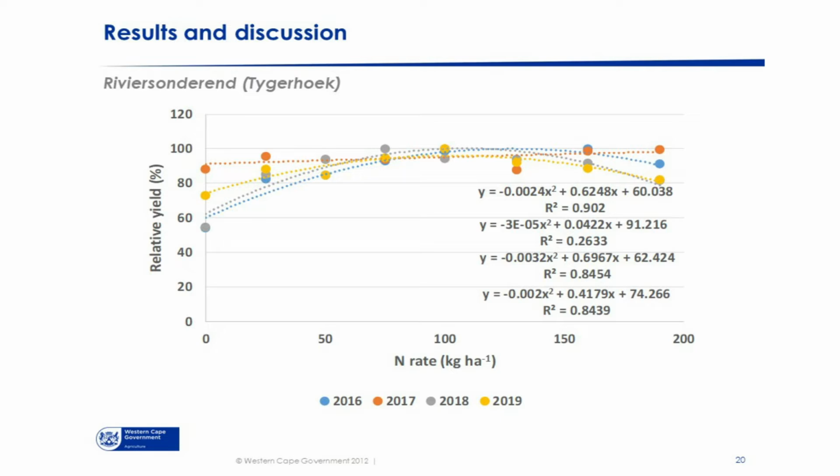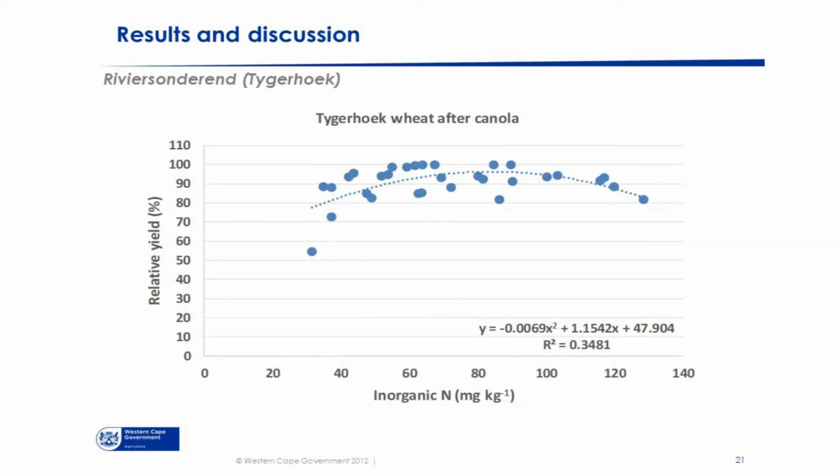But I also want to emphasize here, look at this, where no nitrogen is applied at all. The yield potential is almost 60% and higher, which is relatively high. So a farmer can either decide to produce at 80% of potential, 90%, but almost never at 100%. It never makes economic sense to try and produce there.